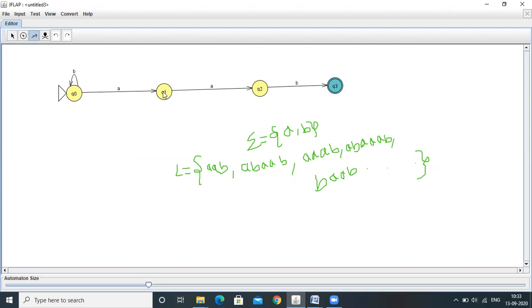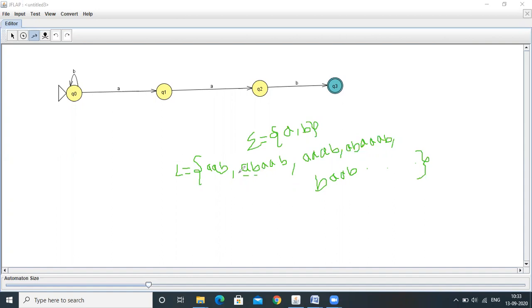Now we will define transitions on Q1. Q1 on A moves to the Q2 state. Q1 on B, we need to define. After getting the first A, if you get B, what do we need to do? Again, we require AAB. Let's see this example. First we got A, so it reached the Q1 state.